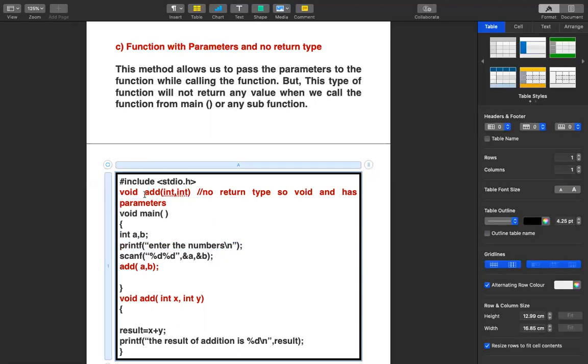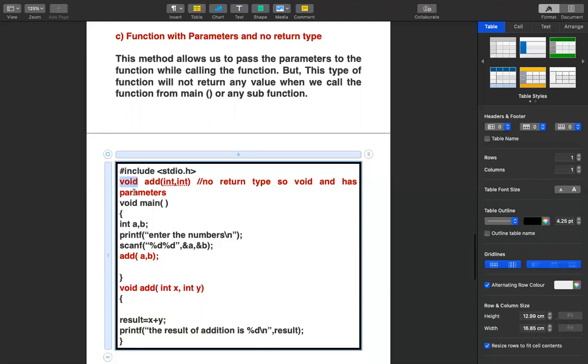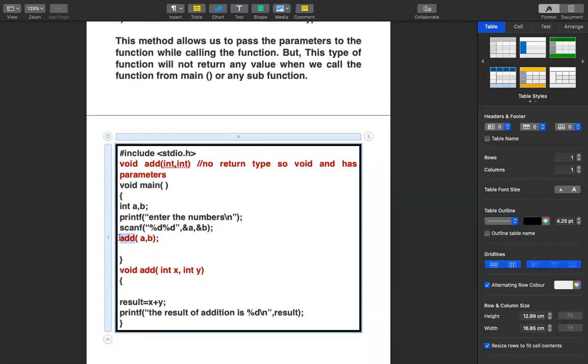Has it been declared? Yes, add has been declared. How many parameters was it taking? Two parameters. And what was the type of a comma b? Integer. So of course integer variables are declared as parameters. What is its return type? Void. That means the add function is not going to return anything to the main function.